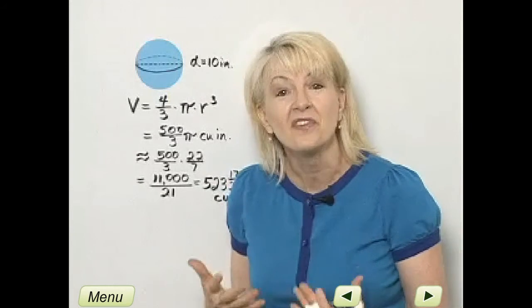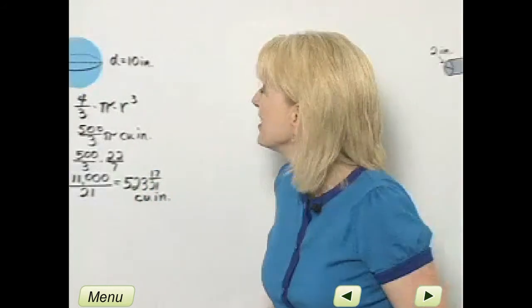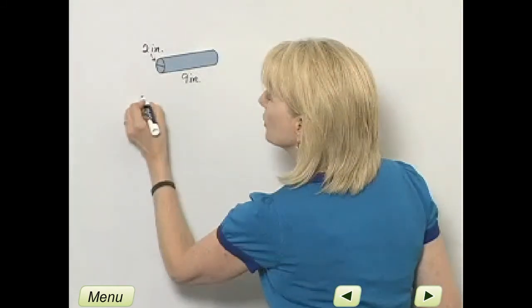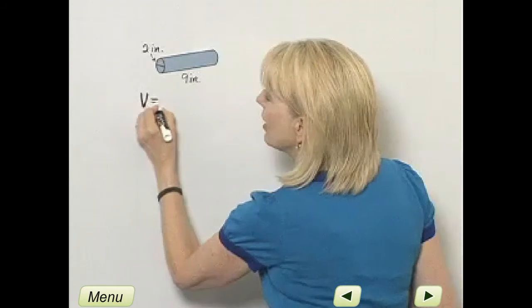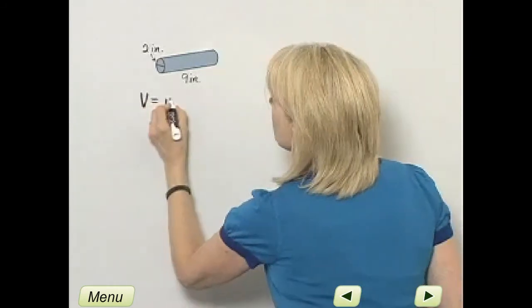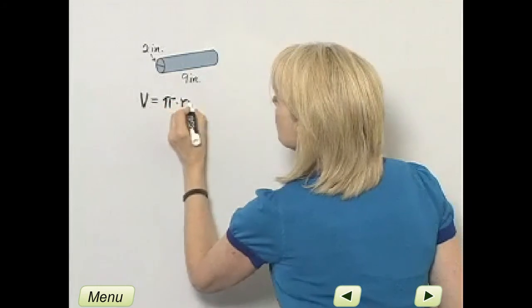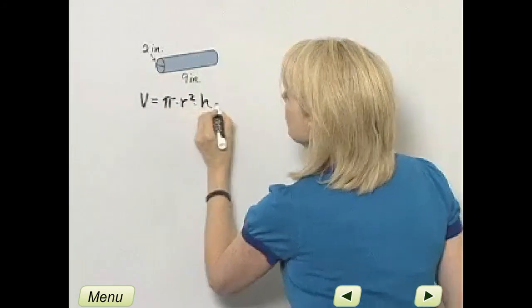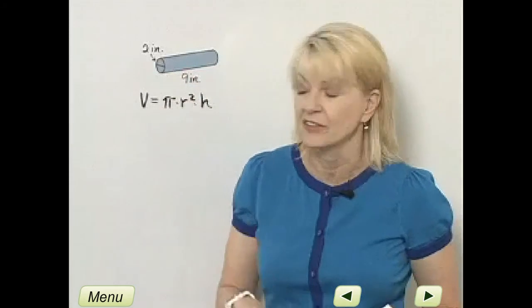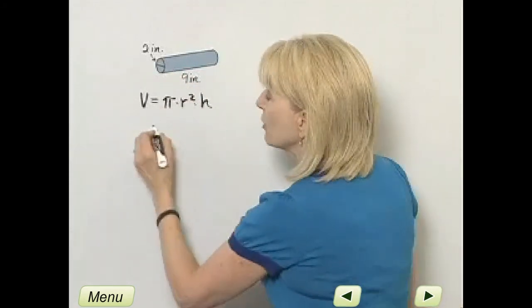Let's continue finding volumes. The next volume I want to find is of a shape called, what is this shape called again? It is a cylinder. So we need to remember or look up the formula for volume of a cylinder. And the volume formula is pi times radius squared times height, or however you want to think of that, 9 inches length if you want to think of it. Let's now calculate